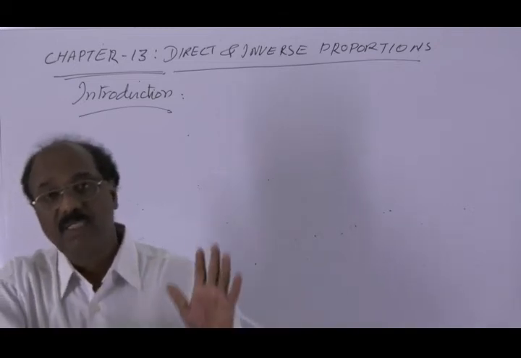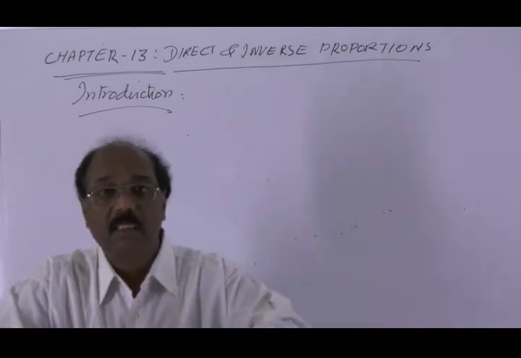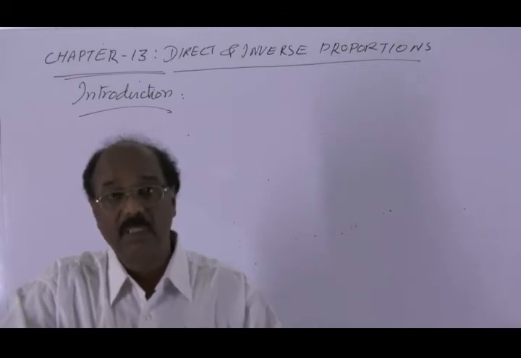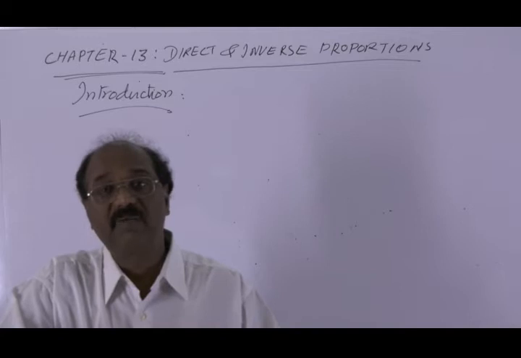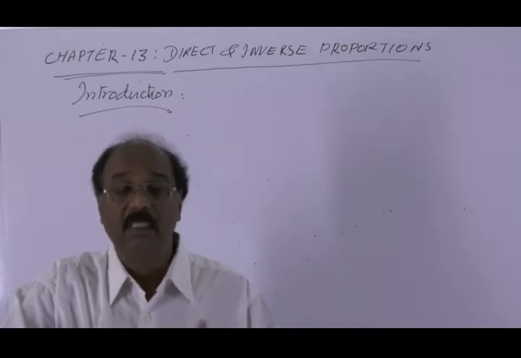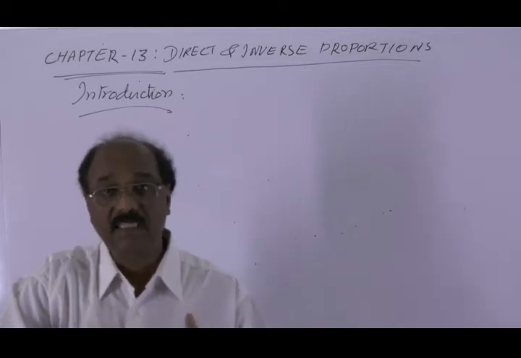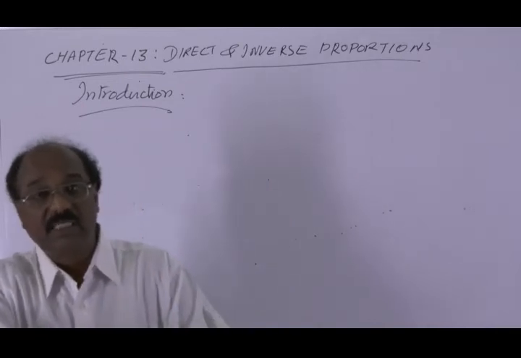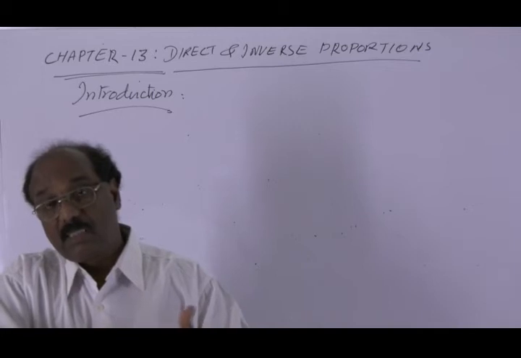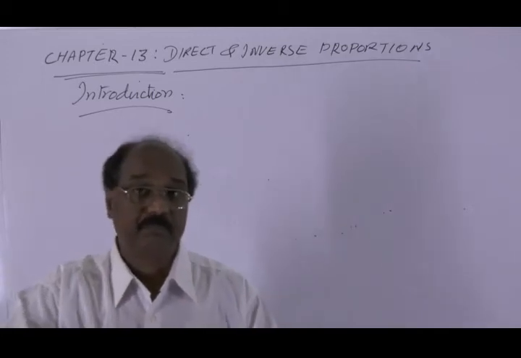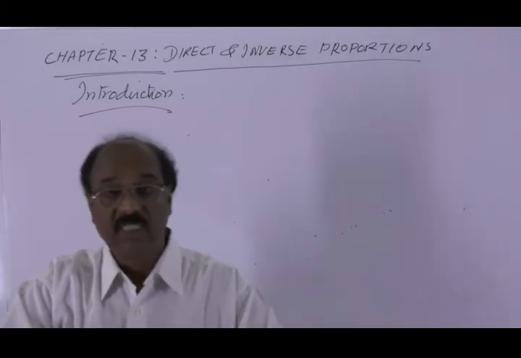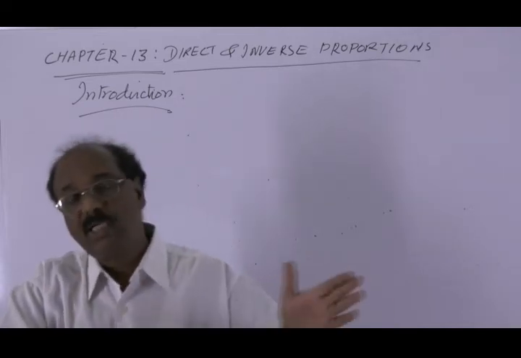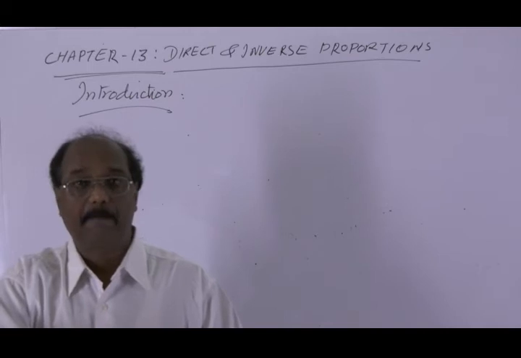Or the area of any quantity is a variable. The area of a square is a variable with respect to its side. As the side changes, the area changes. So in that fashion, we can see that there are a number of variables varying with respect to some reason or other. So any quantity which varies is a variable.